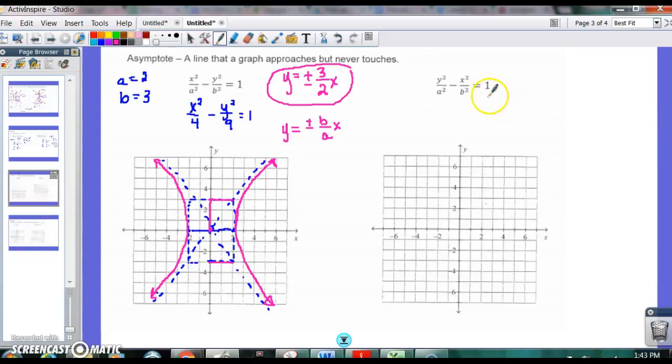Okay, over here it's the same exact idea, you're just flipping those values. So you have y is equal to plus or minus a over b, x would give you your other asymptotes. So for example, if I had y squared over 36 minus x squared over 49 is equal to 1, I know that my a value is 6, my b value is 7, so my asymptotes are plus or minus 6/7 x. Your box would be, and I'm sorry I'm rushing, I just want to make sure I get this all in. Your box would be here,